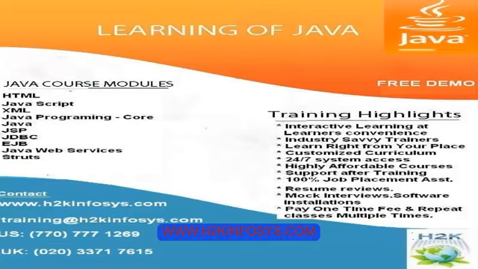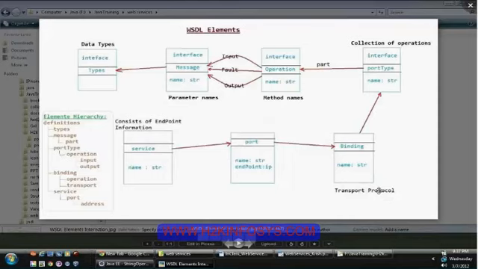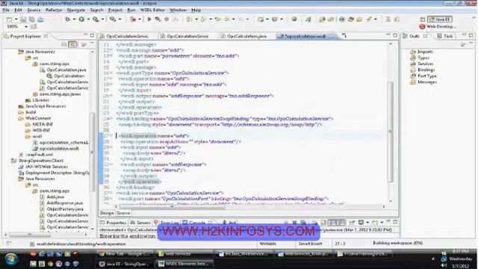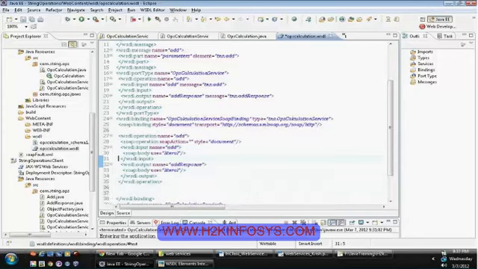The binding purpose is only for transport protocol, and it will refer to your port type element, even though it consists of different elements, like what is the operation. So here you are specifying that it consists of the name of the operation, right?